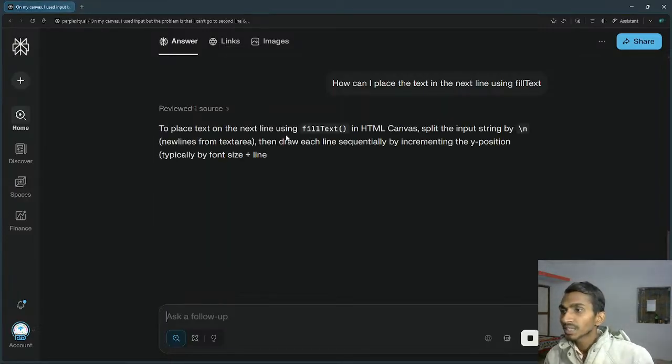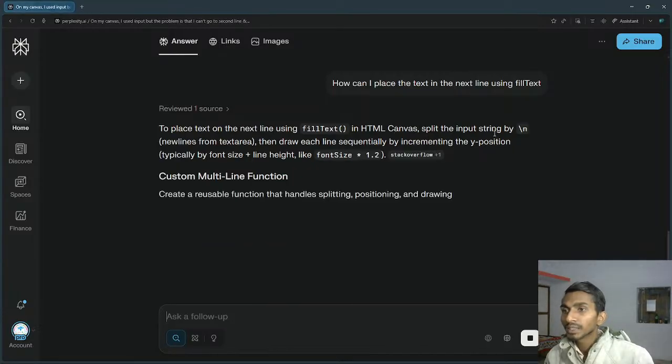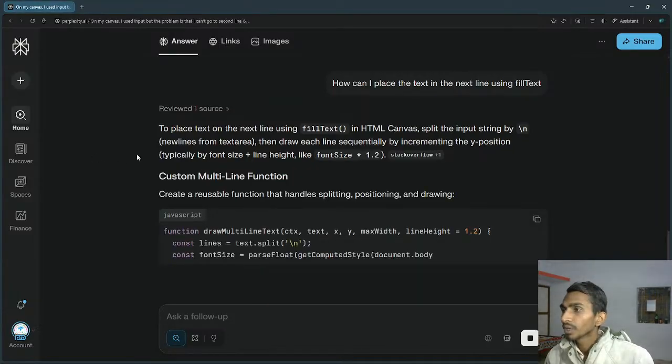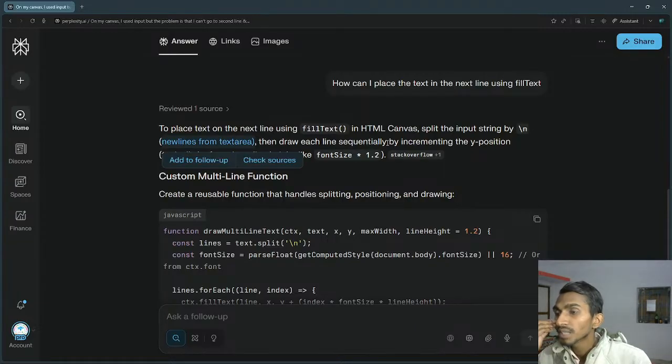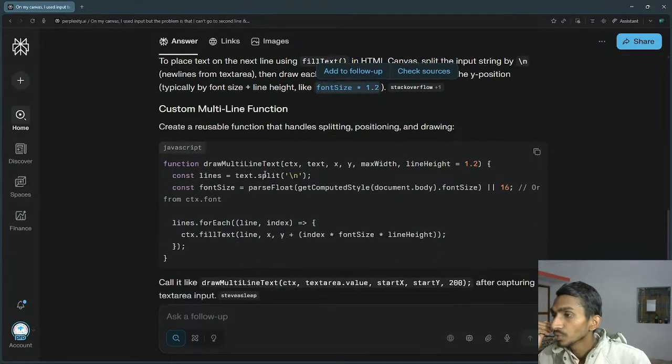To place text on the next line using fill text in HTML canvas, split the input string by \n new lines from the text area. Then draw each line separately by incrementing the y position, typically by font size plus line height, like font size multiplied by 1.2. Okay, create a reusable